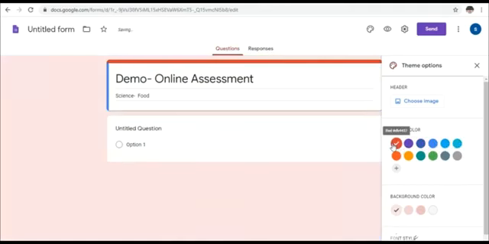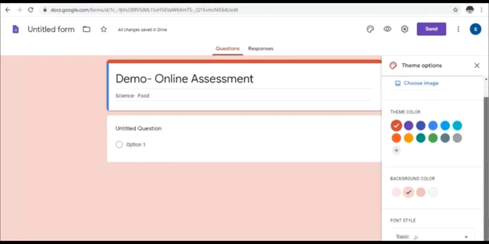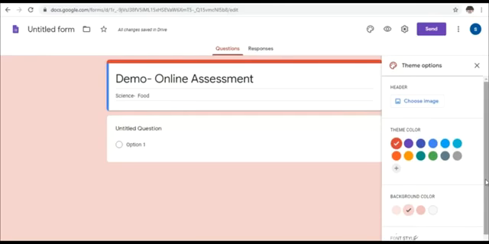This is my theme color and the background color. Both I have changed, and if you wanted to change your font style, you can do it. But I'm not going into it because I feel that this font is quite visible.